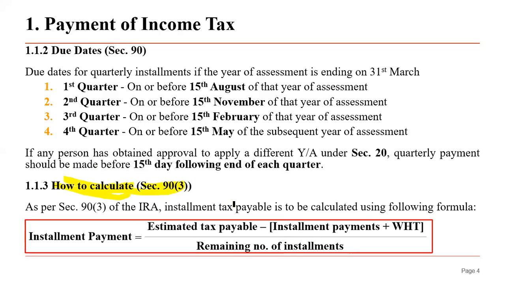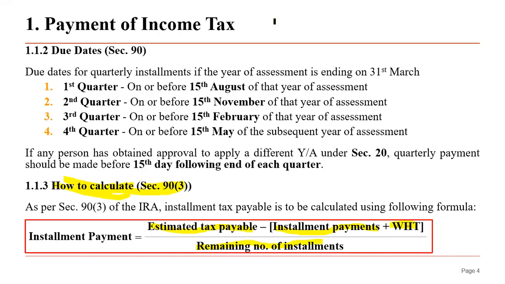In that quarterly installment, you need to calculate the quarterly installment by using this formula. So in this formula, if you can refer, this is estimated income tax payable. Then for the second quarter installment, if you paid the first quarter, what we did was deduct this 50. Then the withholding tax, if there is any, you can deduct. And the remaining installment, what we did was in the